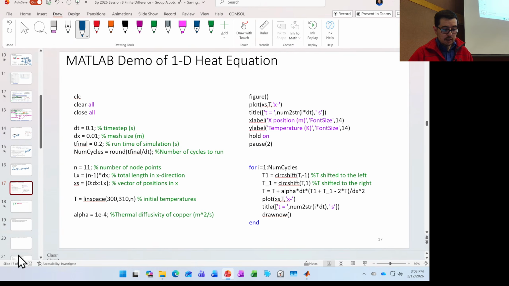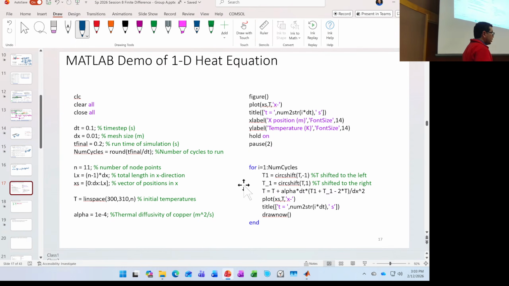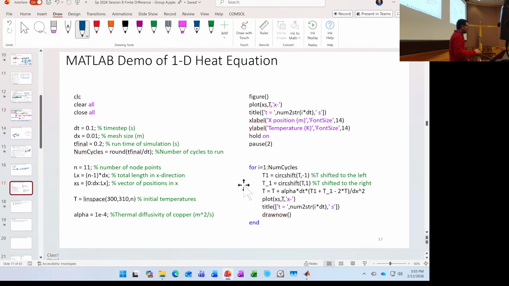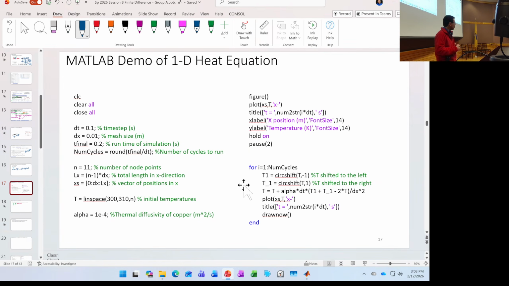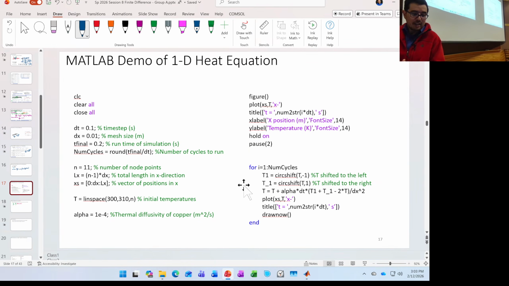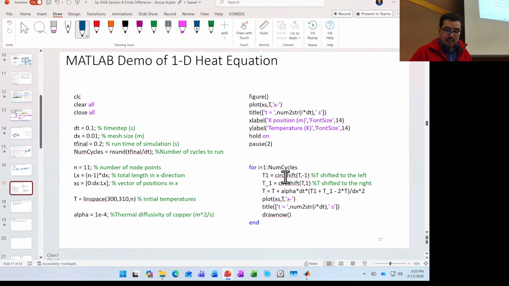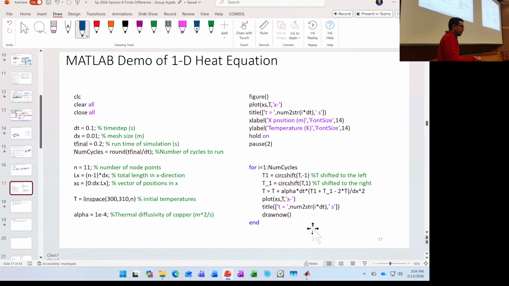When you code this up, this is not the way I learned finite difference when I was a grad student. Okay, but this is the John Singer way, which is beautiful. He likes this function called circshift. Let me explain a little bit of what circshift does. It applies the periodic boundary condition. You remember the periodic boundary condition, where one thing goes out one wall and it comes back in the